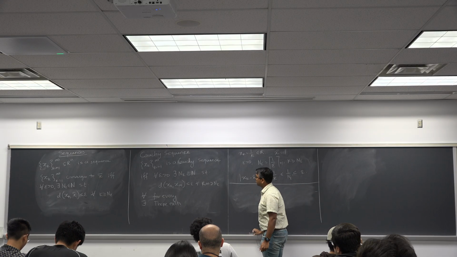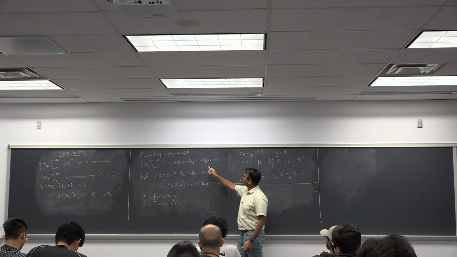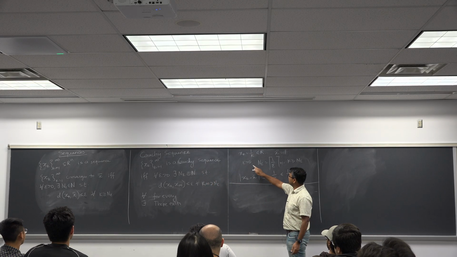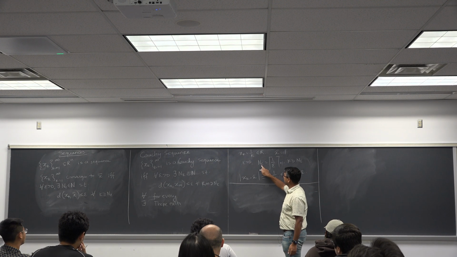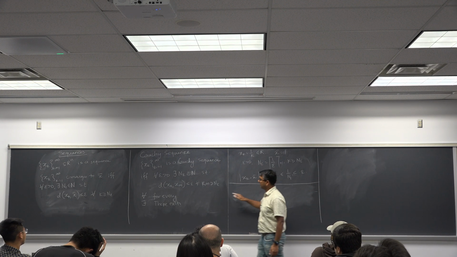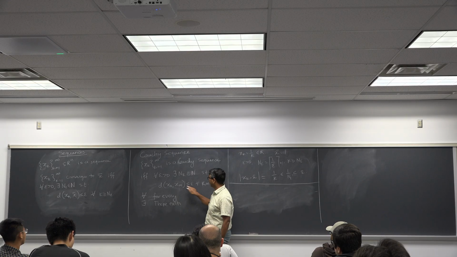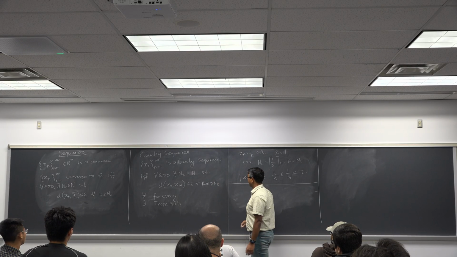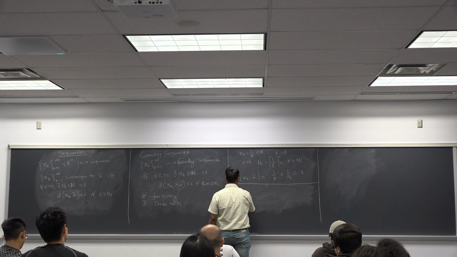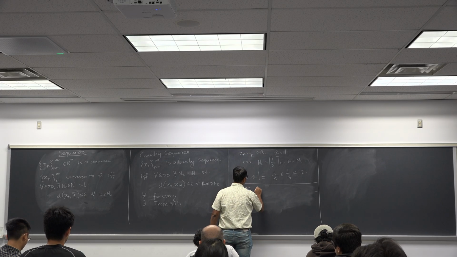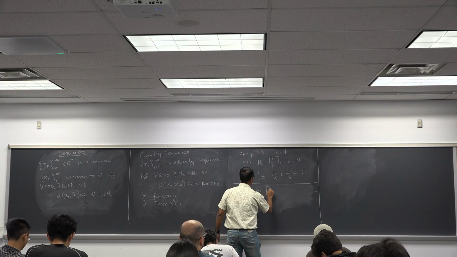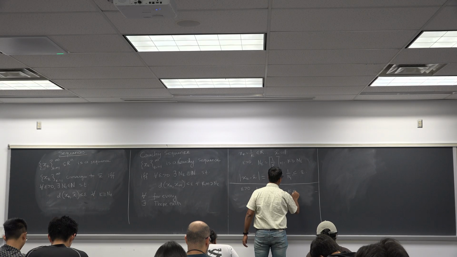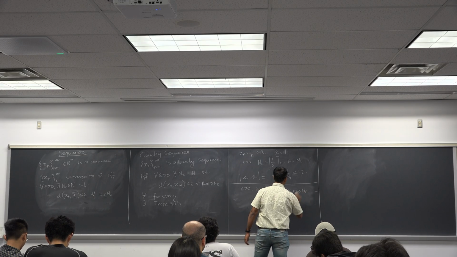What's the cool thing about a Cauchy sequence? It doesn't require knowing x bar. I don't have to worry about x bar. So for every epsilon greater than 0, I have to come up with n epsilon such that the distance between xk and xm is less than epsilon for every k and m greater than or equal to n epsilon. So let's pick the same epsilon greater than 0, same n epsilon, and I pick k and m greater than or equal to n epsilon.